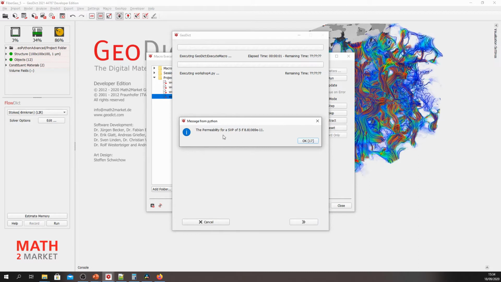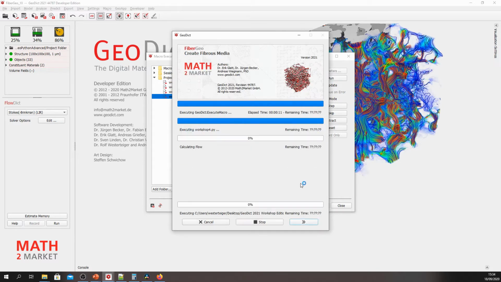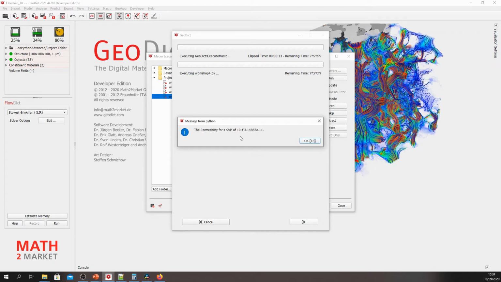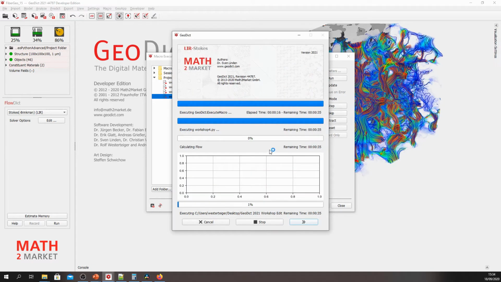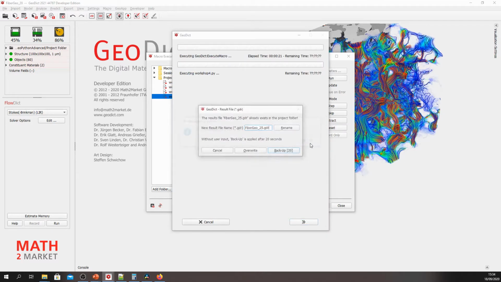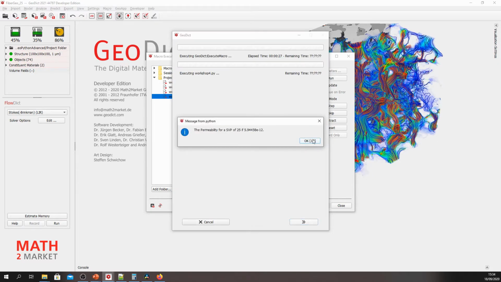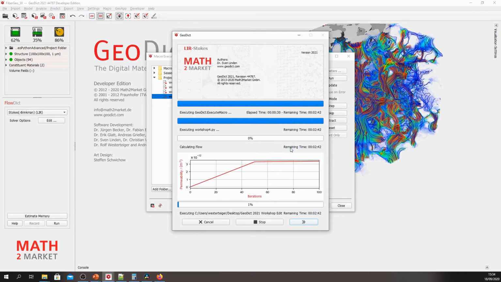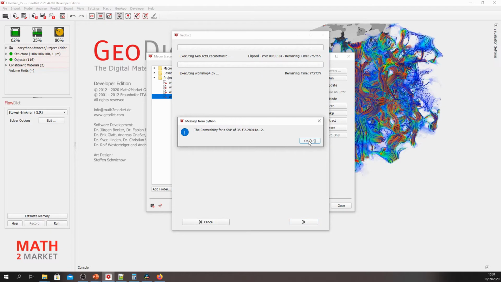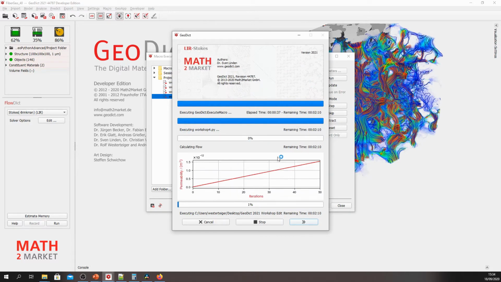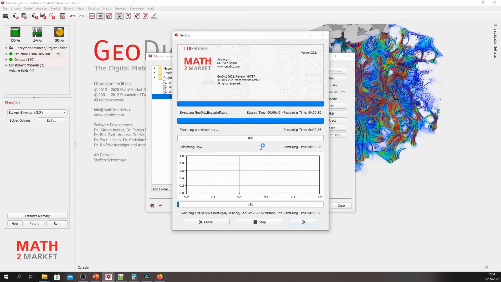And as you can see here, the first thing that happens is you get a message for an SVP of 5. You get the corresponding permeability here. If you press OK, you get the value for 10. And it continues like this. Might have to click override once or twice. And you see that it iterates over all these values of solid volume percentage, creates a fiber structure with that given solid volume percentage, and computes and outputs the permeability.